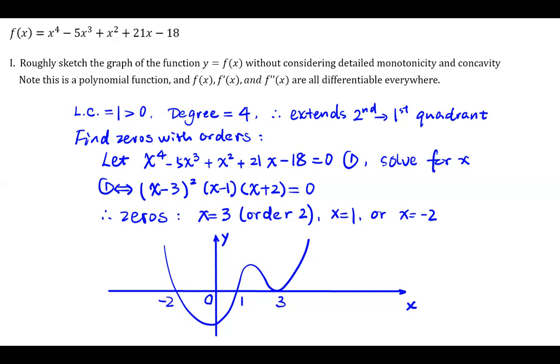So basically, a rough graph of this function shall look like this. It extends from second to first quadrant and crosses the first zero at x equals negative 2, then crosses the next zero at x equals 1, and then bounces back at the next zero at x equals 3, right? Okay, then we go to the next step,